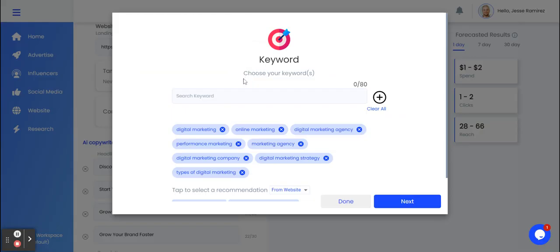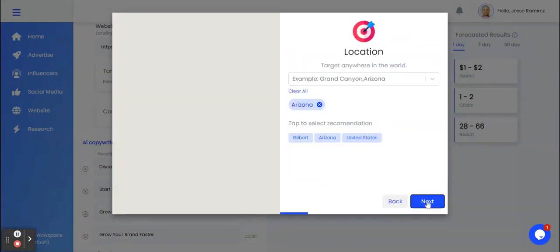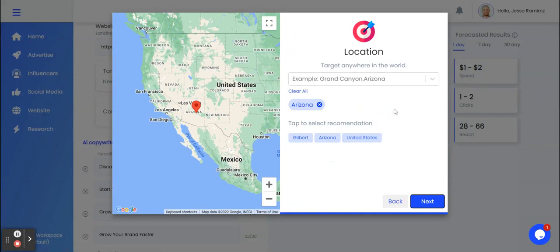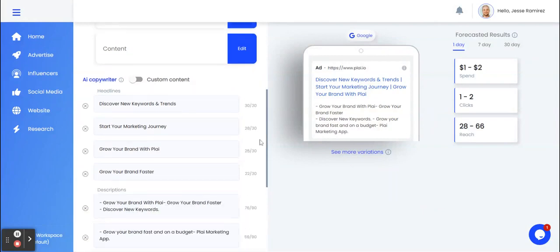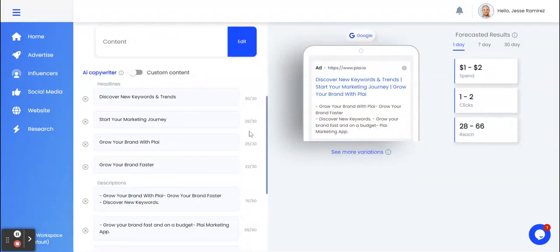Now let's go to targeting. It will also select keywords that are recommended. Now I could choose to remove some, or I could even type in some more if I'd like. Let's click next. It'll also do recommendations on your location. Let's click next. Then we are at the content step, which is where Play will use AI to create the